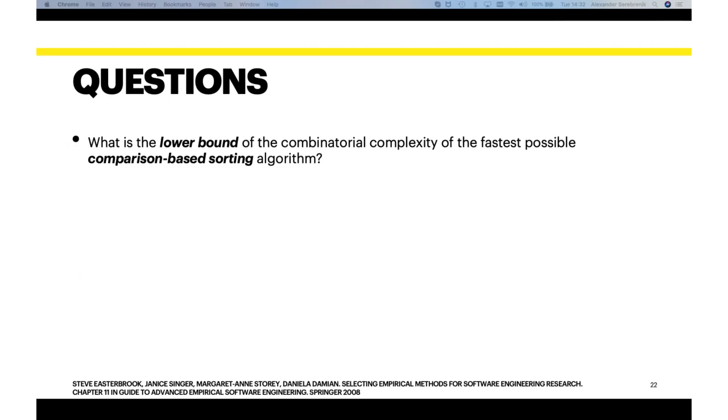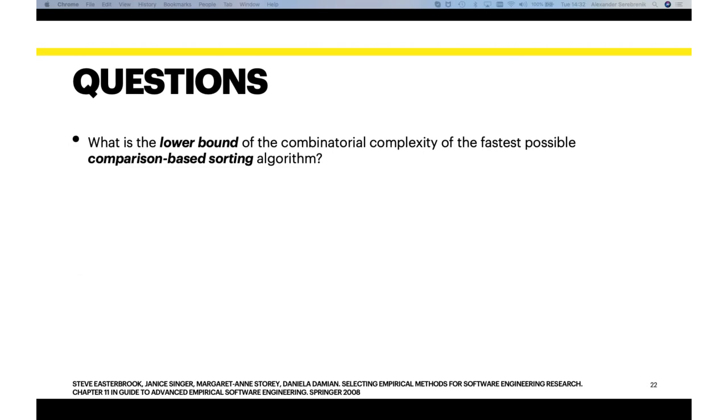So we have 22 responses. I kind of wonder what happens with the other respondents. So what happens now is that 17 of you decided that this is not appropriate for empirical study, and 5 decided